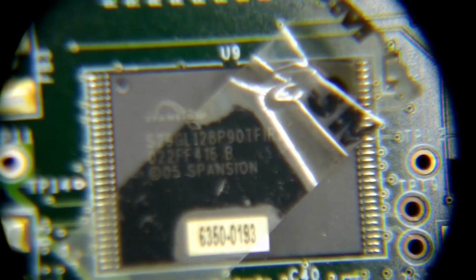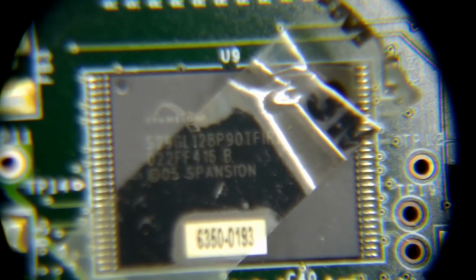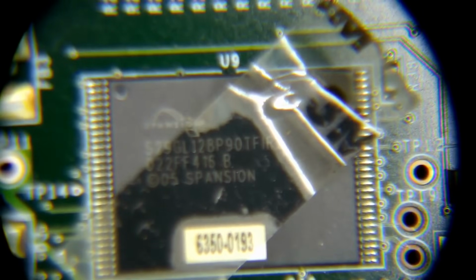What I'm going to do is get this fiber line out of the way because I don't want to melt it or anything. Because we're going to use some hot air and extract this chip off of here. The first thing I want to do is get some tweezers and get this tape off of here,